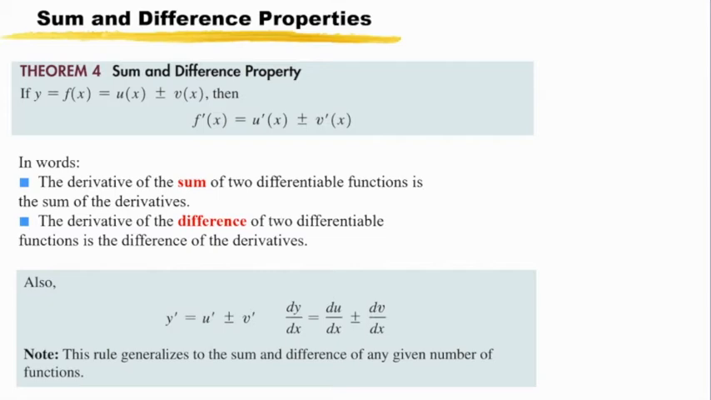And the sum and difference property states that we can take the individual terms of a function and differentiate them on a term-by-term basis, and then add their results together in the end. So notice we have u of x and u prime of x. We have v of x and v prime of x. These are terms of f of x. And here's using our other notation. We can say y prime equals u prime, and depending if it's a plus or minus, you have